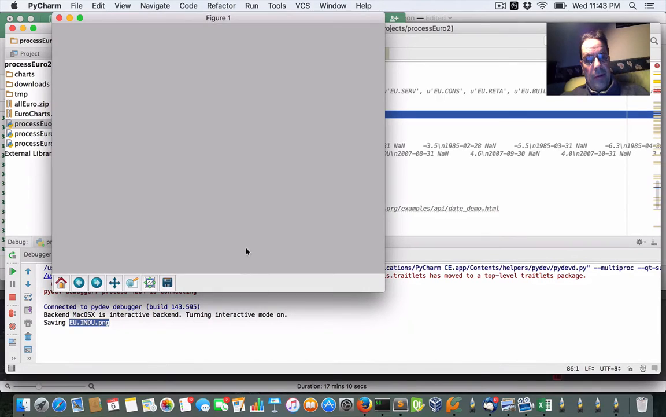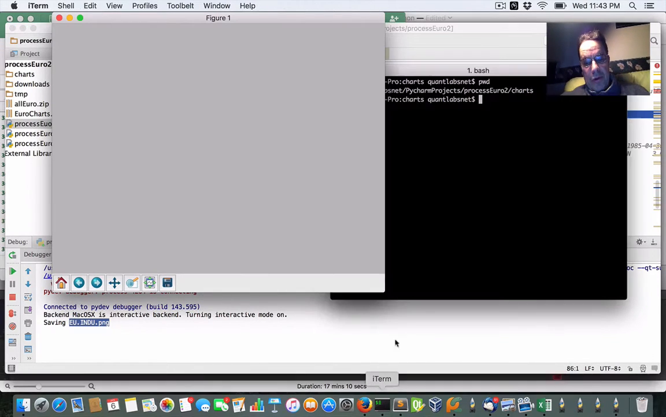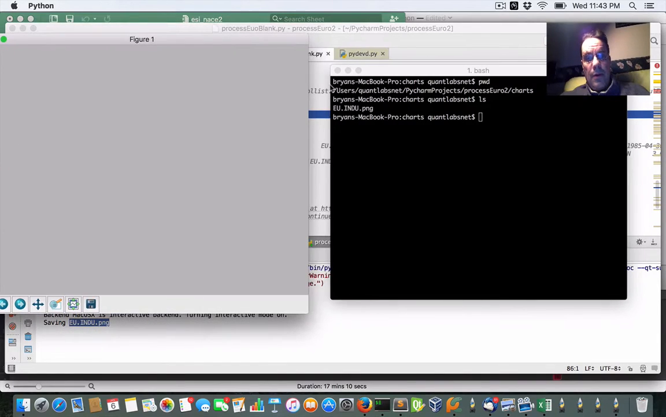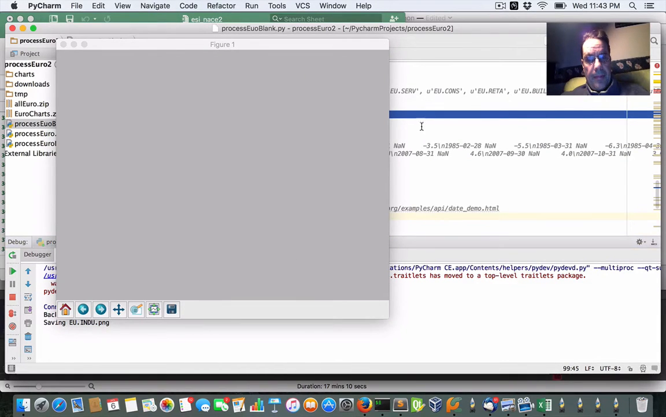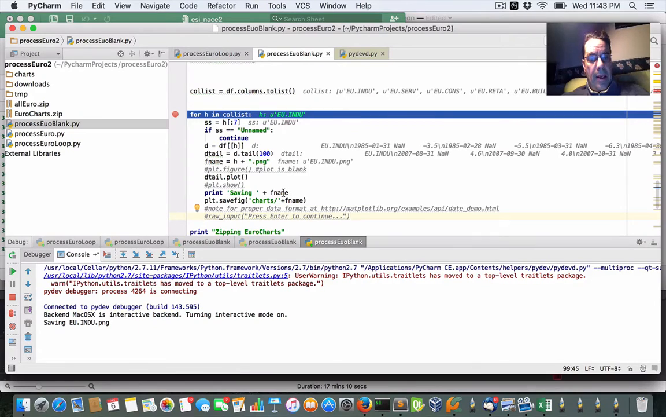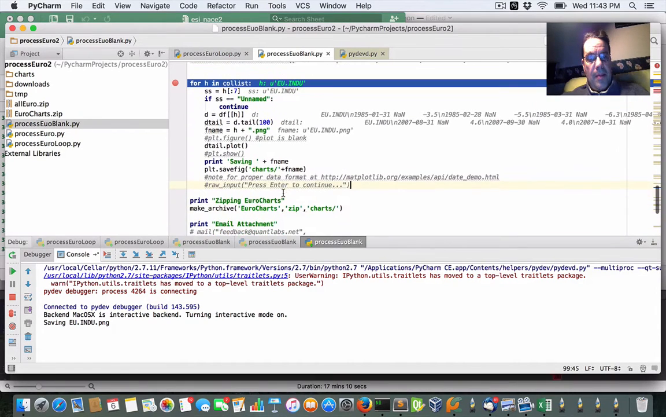Step over. So if I go into ls, there's our new file right there. Okay, so here, let me just clear this guy. And that's pretty well it. And then it will move on to the next column,